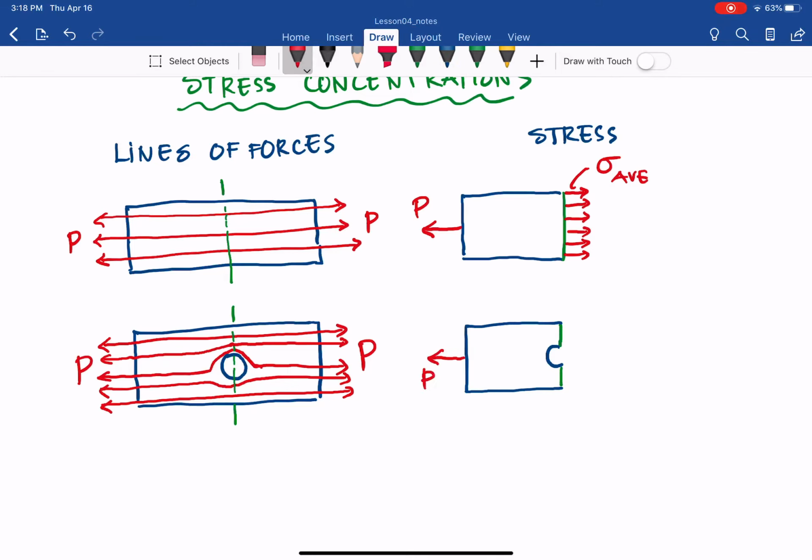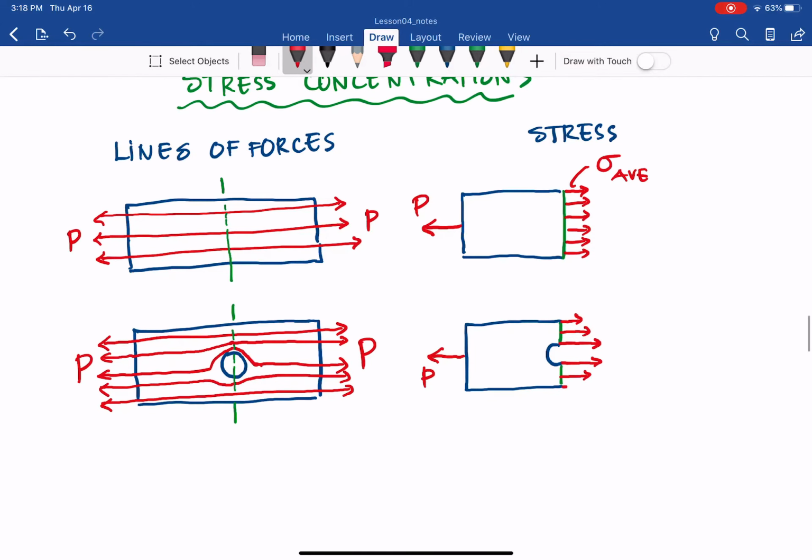However, I make a metaphor in terms of the traffic flow. You see the load, the stress, is more concentrated in that discontinuity,